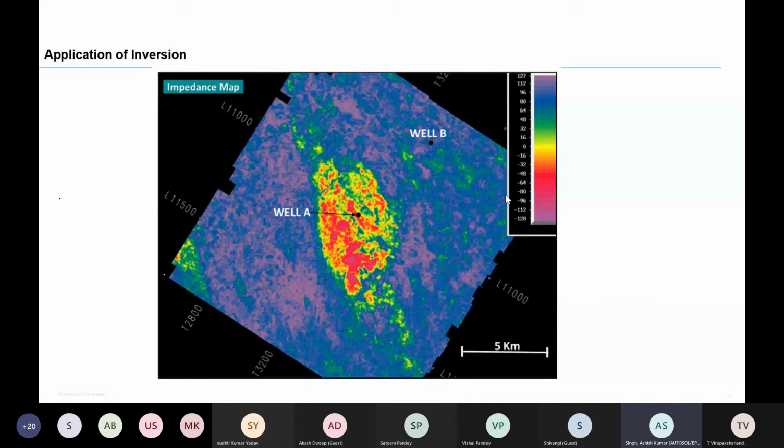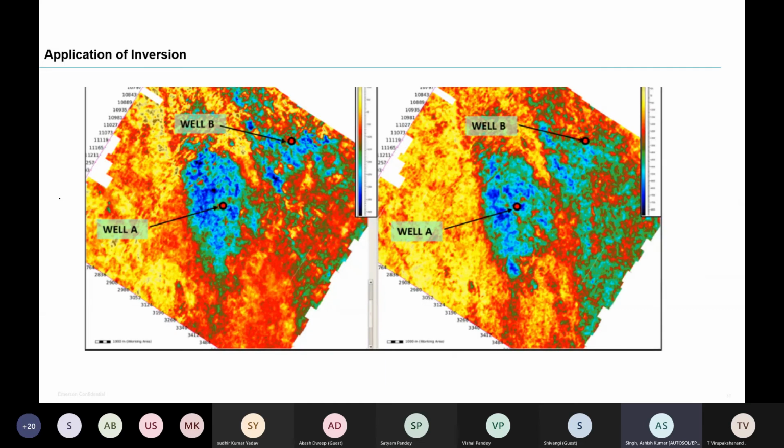So I've generated the impedance log, but I find that gas sand is coming through very well in the impedance, but I am not able to capture water sand. So what do I have to do? Then I generated the density volume. Basically, the density of either gas sand or water sand, if that is sand, will show up because of their porosity content. So I have generated the density volume and porosity volume. This is a porosity volume and this is a density volume.